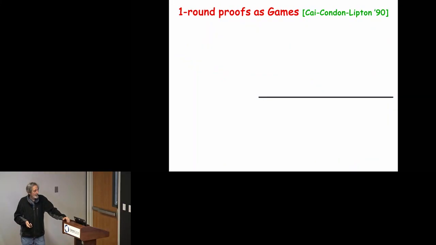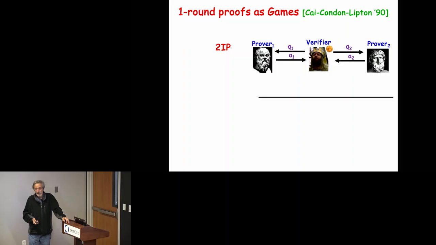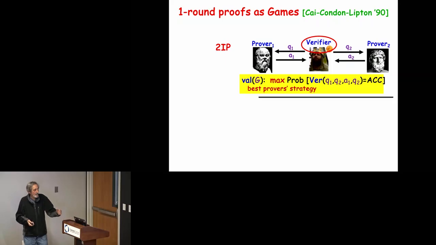So one thing to know, this was already understood in the classical case, is that when you have two-prover systems, then it's enough to have one round of communication. The verifier asks one question of each prover, gets one answer, and then decides what to do. So you don't need a claim, in fact. You just want to understand the maximum convincing probability under the best strategy of the provers. The true claims have this number bigger than 2/3, maybe. Otherwise, it's less than 1/3. So we want to understand this value.